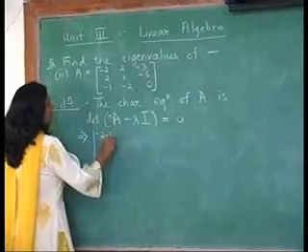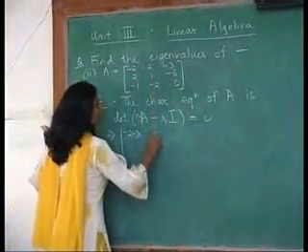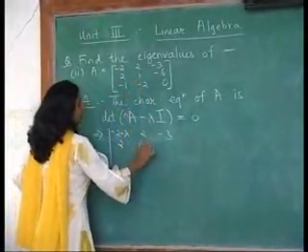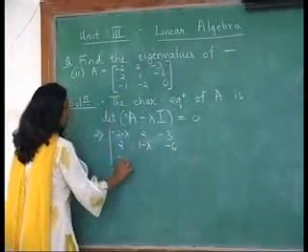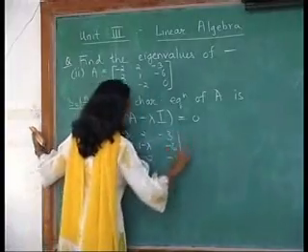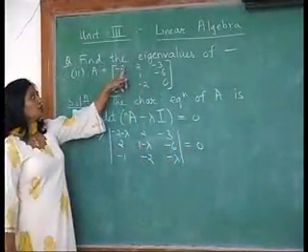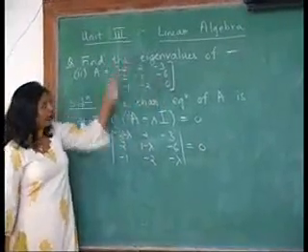So it will be the determinant of minus 2 minus lambda. These two entries will remain the same. Again from the diagonal elements subtract lambda. Minus 6. Then we have minus 1, minus 2. 0 minus lambda will give us minus lambda equal to 0. So all you need to do is to subtract lambda from every element along the diagonal of A and take